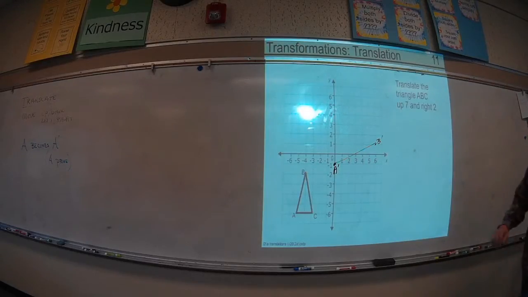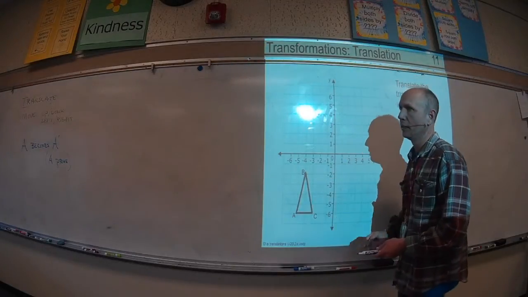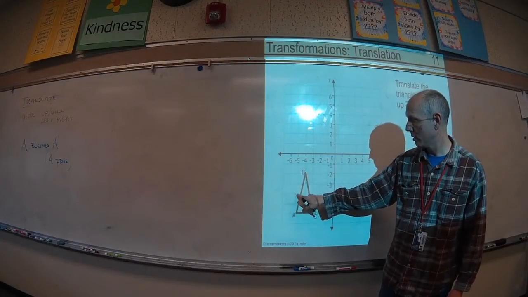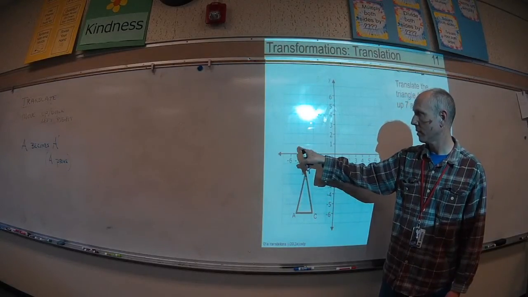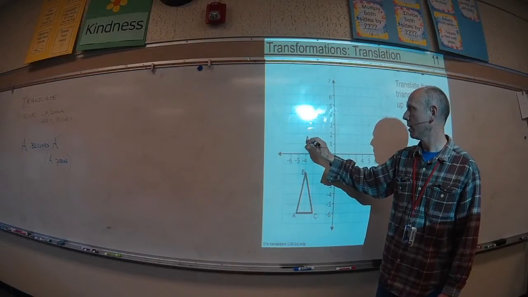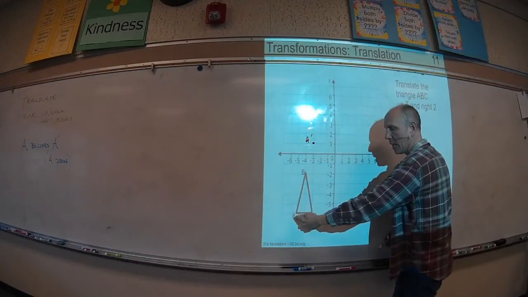Here's a triangle. We're going to translate it up 7 and 2 right. Let's start with A. Ready? Count with me. 1, 2, 3, 4, 5, 6, 7. 1, 2. There it is. What's the name of that point? A prime. Good. At this point, we could move the rest of the points, or we can actually just draw